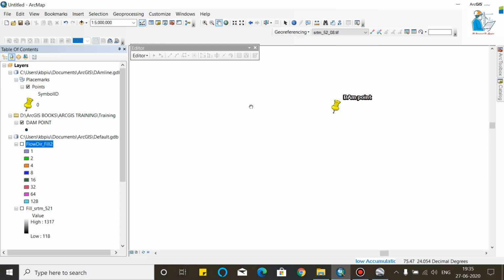When the flow accumulation raster comes, then we will go to the dam point. Then in the dam point we will place the particular point where we want to find the catchment.